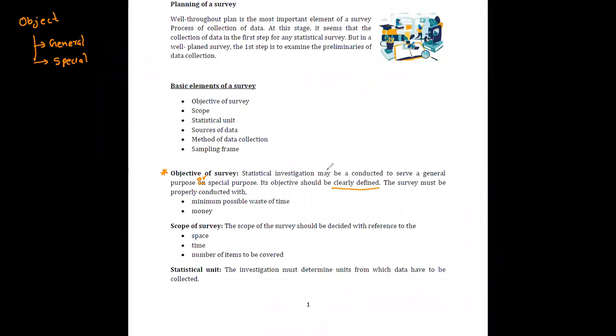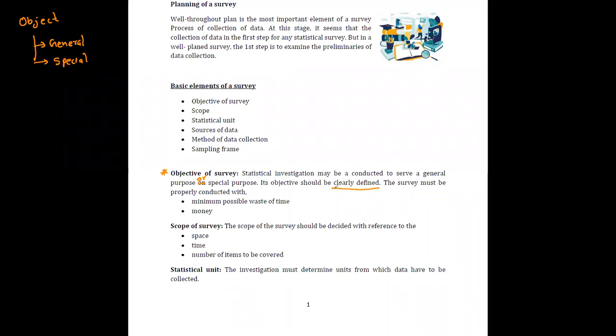Therefore, if you are going to distribute a questionnaire to a group of people, then in that questionnaire you have to mention what the goal of collecting this data is, or for what purpose you are collecting the data. Therefore, if you wish to collect this data to calculate BMI, then you have to mention it in the questionnaire. Or if you are measuring, then it is no problem, but you have to make these people aware why you are collecting these data. Therefore, for the smooth conducting of this survey, your objective should be clearly defined.